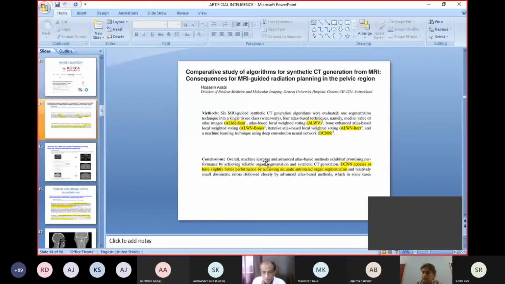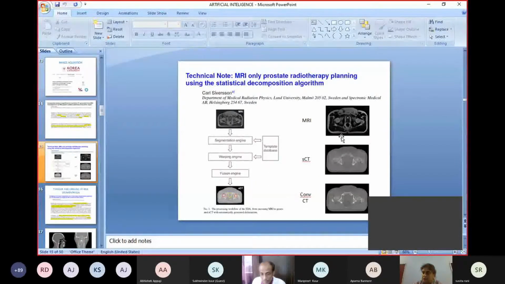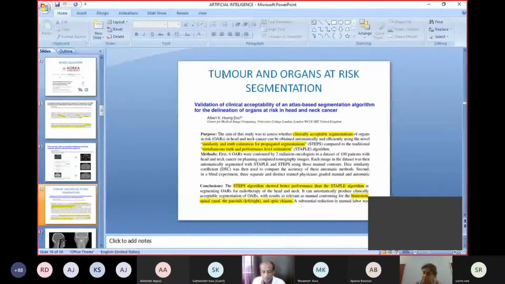Here you can see this is the MRI that was taken, and this is the synthetic CT scan generated from the MRI, and this is the original CT scan taken with a CT machine. The looks are almost similar. This is the original CT scan. Then this is a synthesized CT from an MRI. The images are perfectly matching. If this can be done, it will be a major help in sparing the patient unnecessary radiation exposure through CT scans. Then comes the role of tumor and organ at risk segmentation.